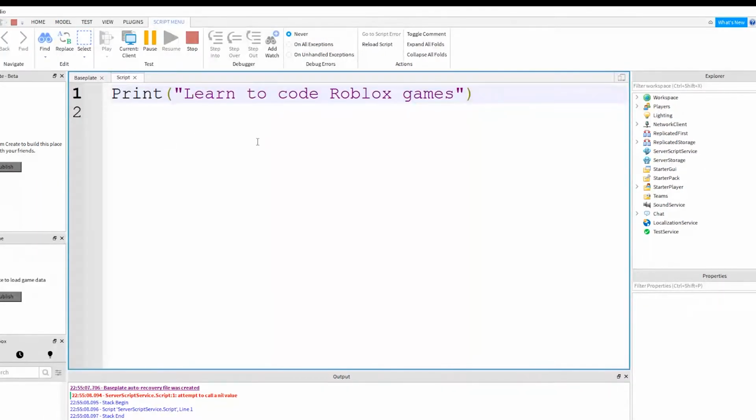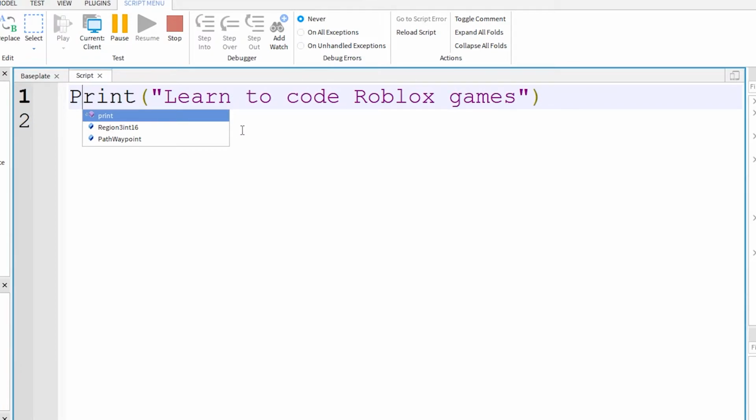So there's lots of things that can go wrong, and that's why it's really important when you're writing a script to make sure you pay attention to the syntax. It's got to be written exactly how this is. It's a lowercase p. The uppercase P didn't work. You can see it's a different color. And